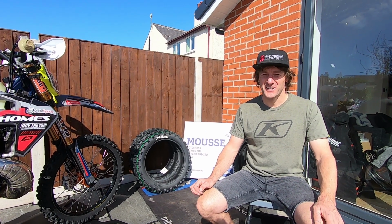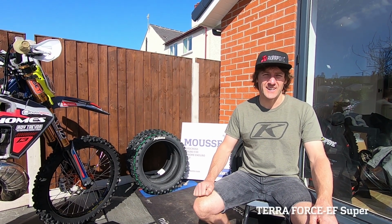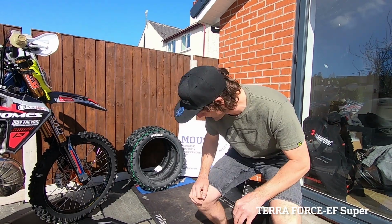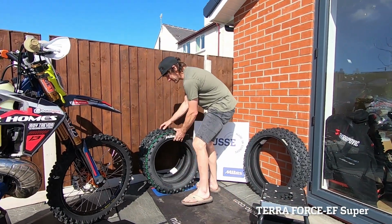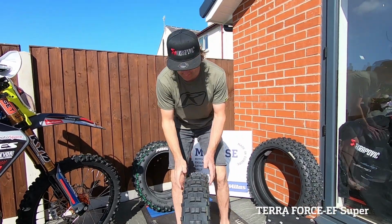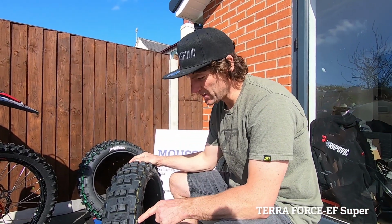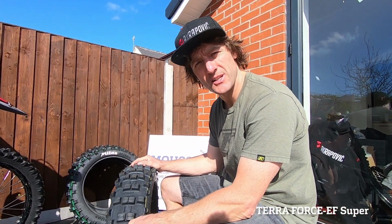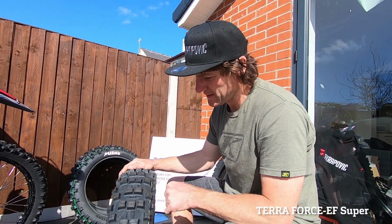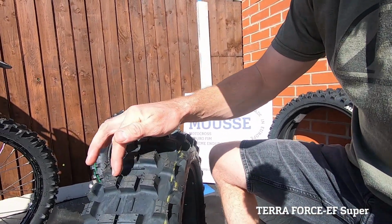Starting with the yellow Super. This is in a 140 80/18. I'm going to grab one now. So, single yellow line, it's a slightly stiffer tyre. We've got the new Terraforce pattern, which is actually a directional tyre, and you can see the direction here,